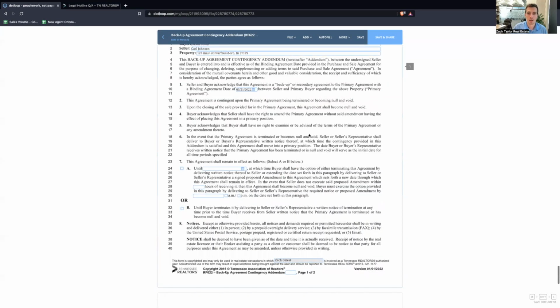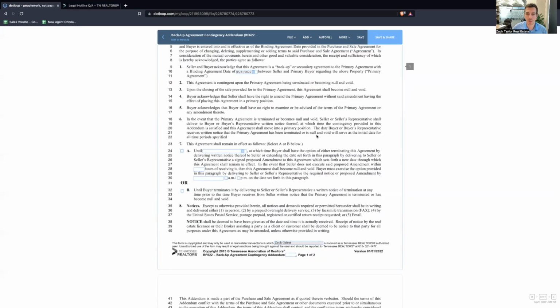Here we are. So the primary agreement has been terminated, null and void, and will serve as the initial date for all time periods specified. So now number 7. I'm going to read 7A, but I'm going to explain why I like 7B. So 7A, until blank, you pick a date at which time buyers shall have the option of either terminating this